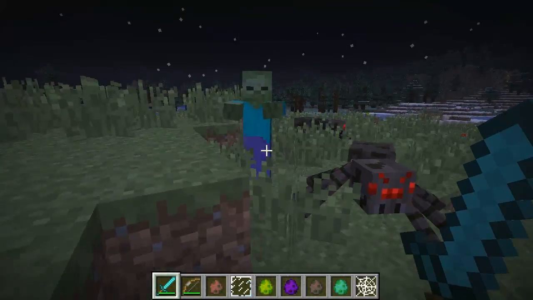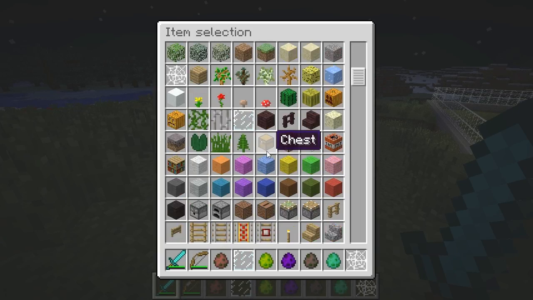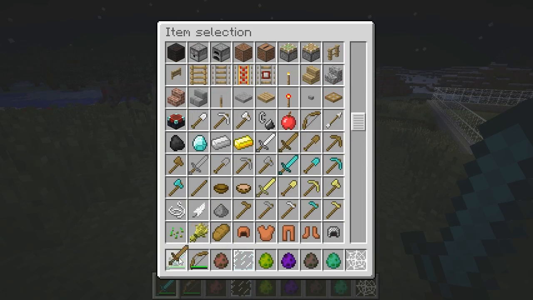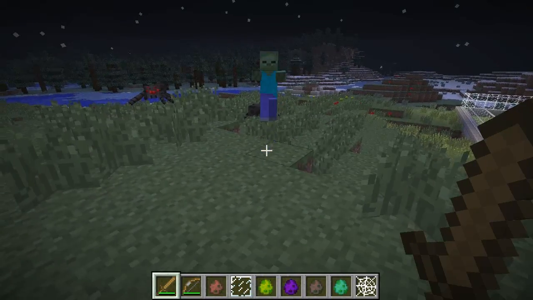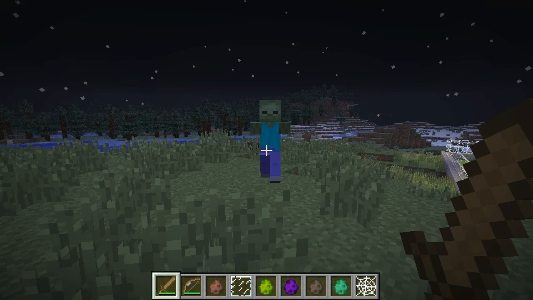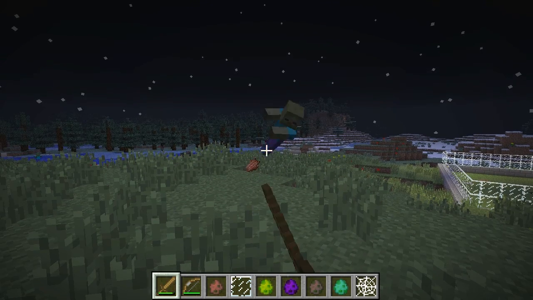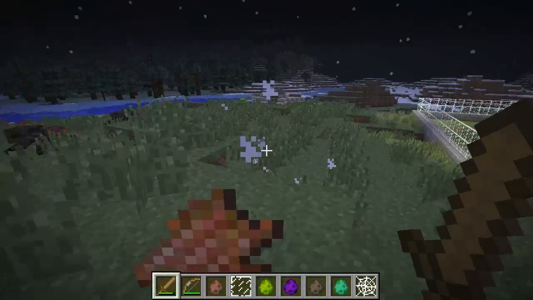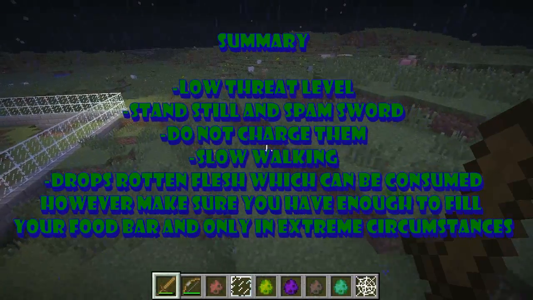Now this, obviously, is a zombie. Now zombies, they're very simple, nothing to worry about. I'm going to get out my wooden sword so I don't kill them instantly. So if I hit him now, he's going to walk after me. Yeah, he does a bit of jumping, but basically, if you just keep on hitting, not moving while hitting, you can kill him. Of course, that was in creative mode, so my reach was a lot longer. But in survival mode, if you just...